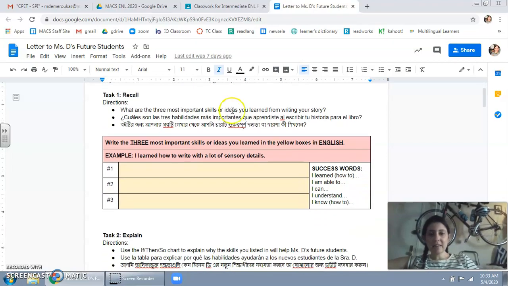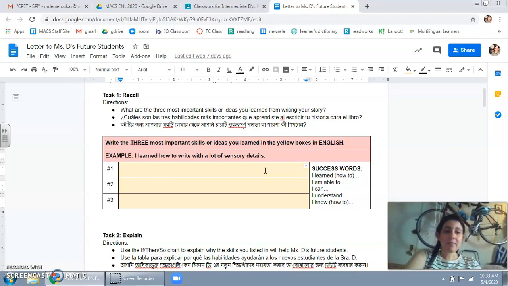So, anytime you see the red box, this is an example. So one example of something I learned was how to write with a lot of sensory details. You can use this one. If you do, you'll need to think of 2 more. But you need to think of 3 things you learned in the class. So you might think,